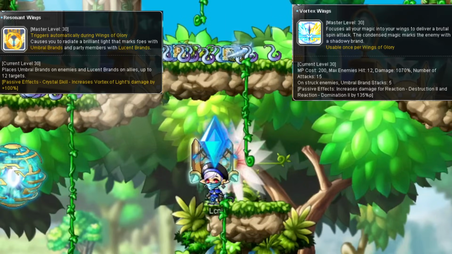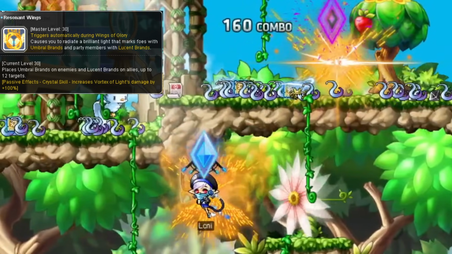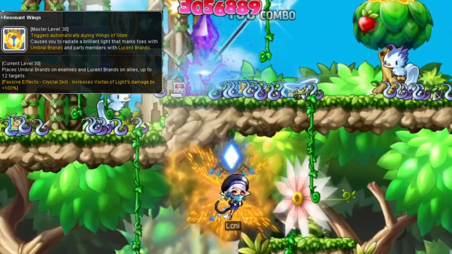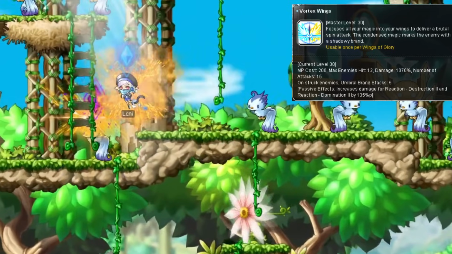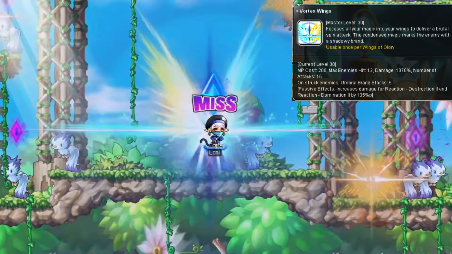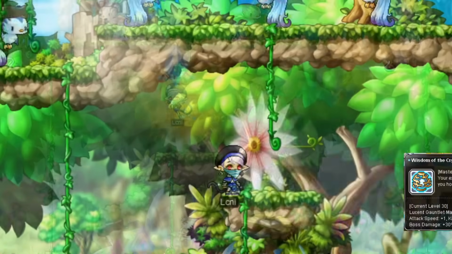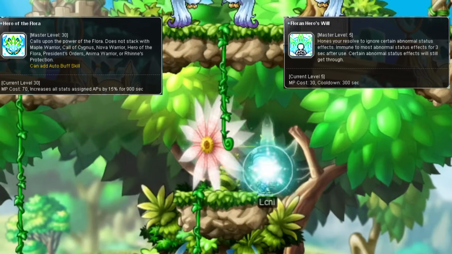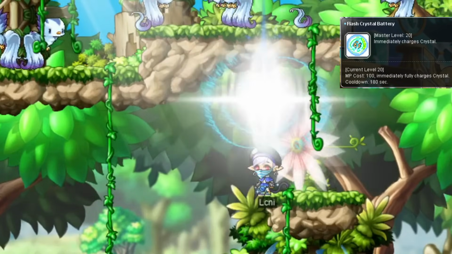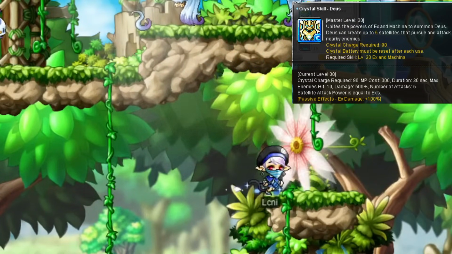You also get a couple upgrades to Wings of Glory. Resonant Wings is a passive that automatically places Umbral Brands on enemies and Lucent Brands on allies. Vortex Wings is an attack exclusive to Wings of Glory that can only be used once during its duration. It does big damage and places 5 Umbral brand stacks on enemies it hits. You also get one new passive for Mastery, the Flora equivalent of Maple Warrior and Hero's Will, this buff that instantly charges your Crystal Battery, 3-minute cooldown,